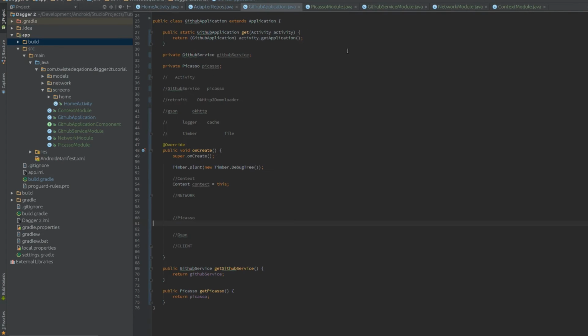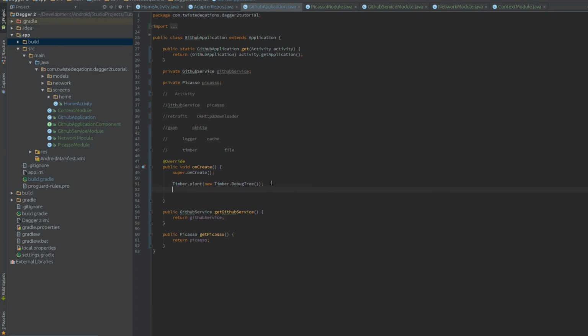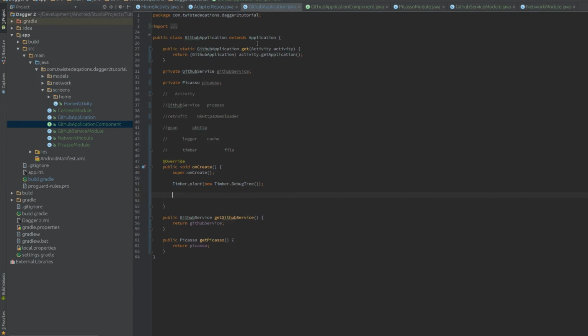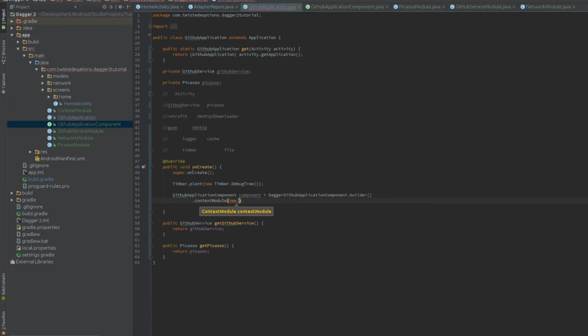Well, that's great. We've got our code, we've generated everything, all our dependencies have vanished out of here. So this is where we need to start with our setup. In order to utilize what Dagger has generated, we need to create an instance of our component. So our application will say GitHub application component, which is our component, equals Dagger application component dot builder dot. We need to give it its context module, so new context module, this, because it requires a context, dot GitHub service module,